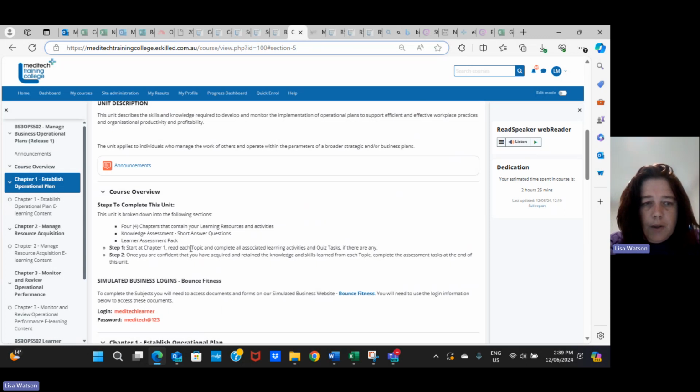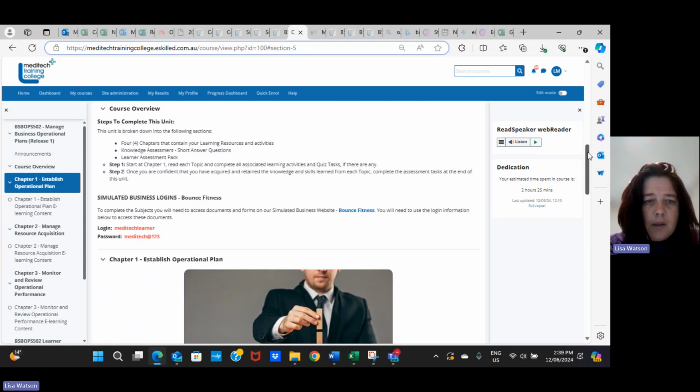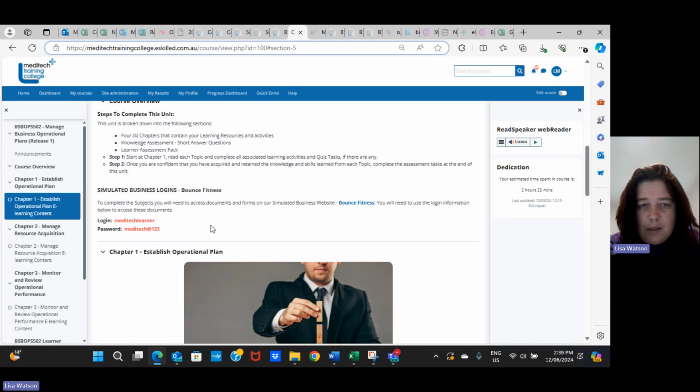Now you'll need to click on here because this has your simulated logins for Bounce Fitness, and when you click on that and use the login details here, it will come up with all the documents that you need and the policies and procedures that you'll need to actually complete the assessments. So click on that, have a look at the templates that you need, make sure you save them somewhere,